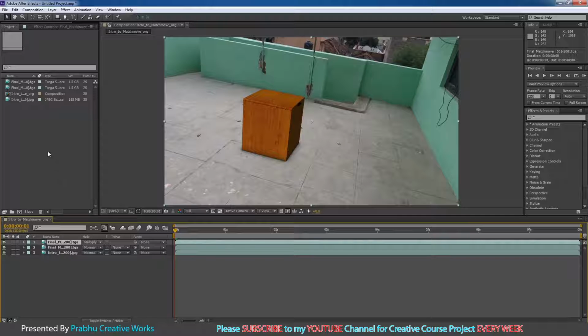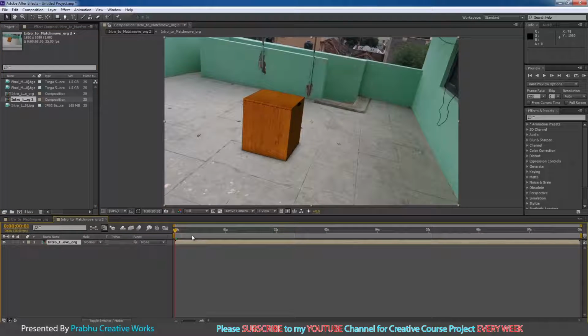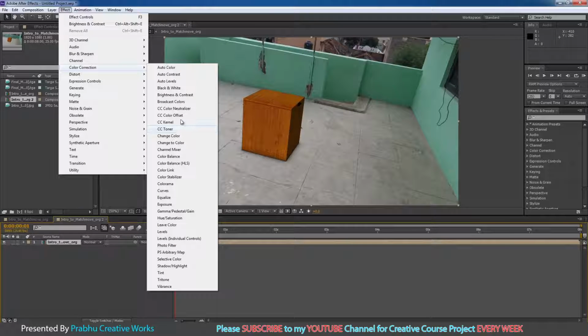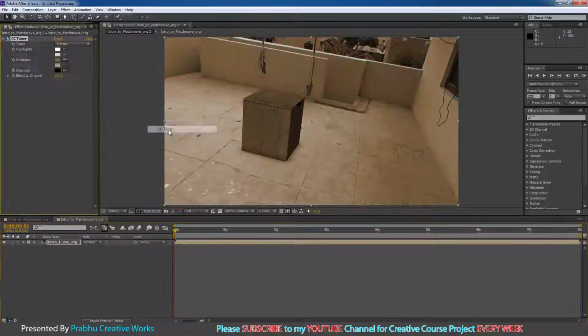Now I want to color correct this footage. Drag this intro to match move composition over to the new composition button, so that you get only a single layer. Go to FX, color correction, and choose CC Toner.